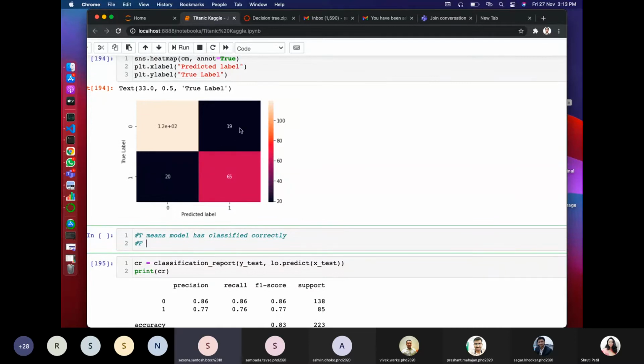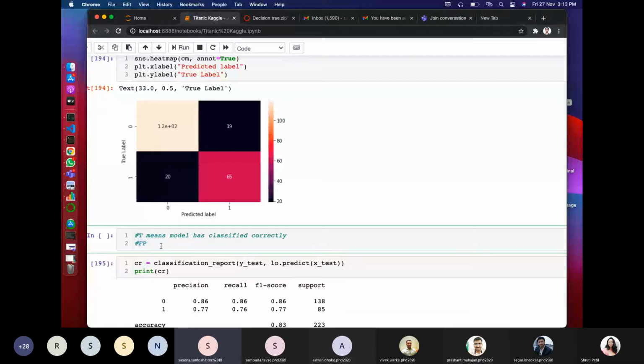So we have false positive and false negative. Why false positive? Because the model has not classified properly. The model has shown the passenger has survived, but actually the passenger died. Positive is with respect to what the machine is giving.